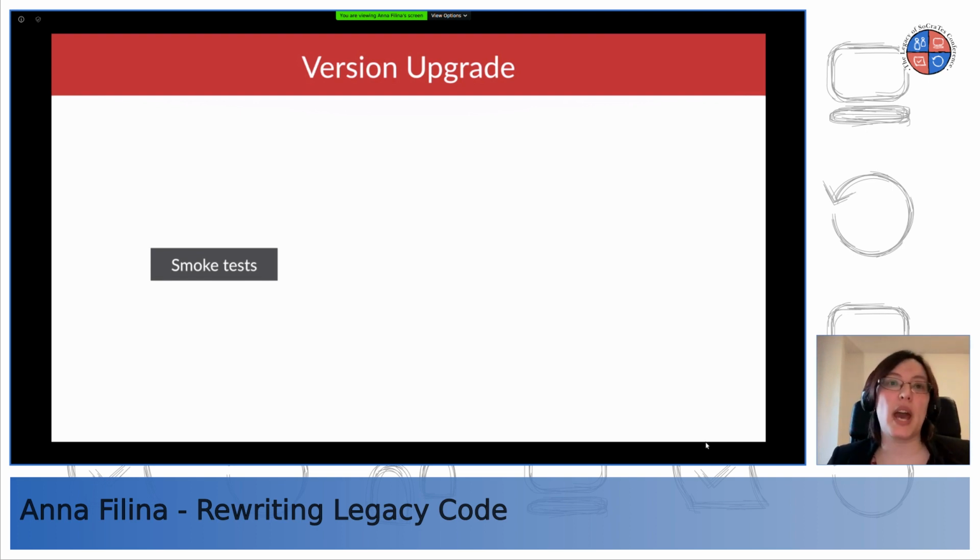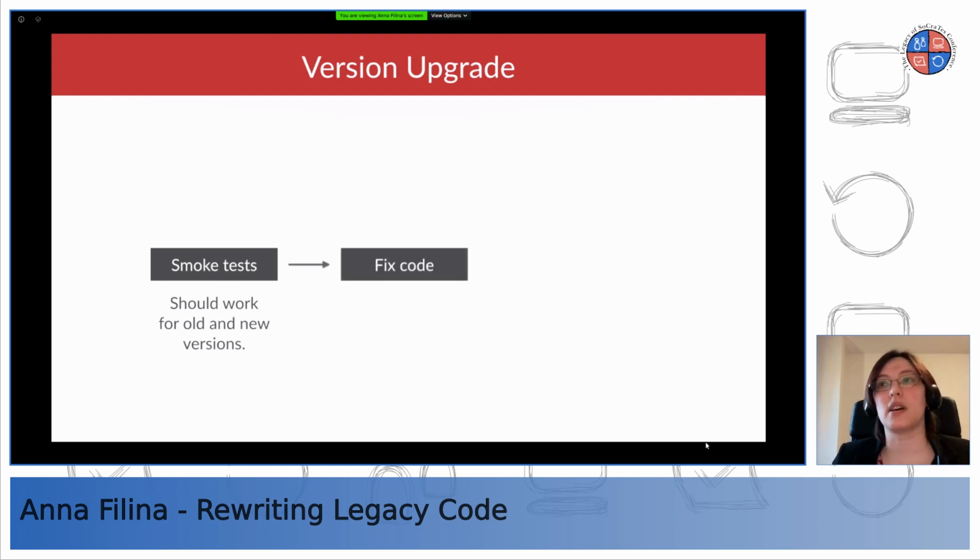Like with Behat or Cypress, they're basically high-level tests that don't really try to test the behavior, just make sure that all those endpoints don't blow up, which is what would usually happen with a version upgrade. So these tests, you write them for the old code, and they have to survive the new code as well. And that's how you check that you haven't broken anything big. Of course, you're going to have other tests later on, but this is a good safety net.